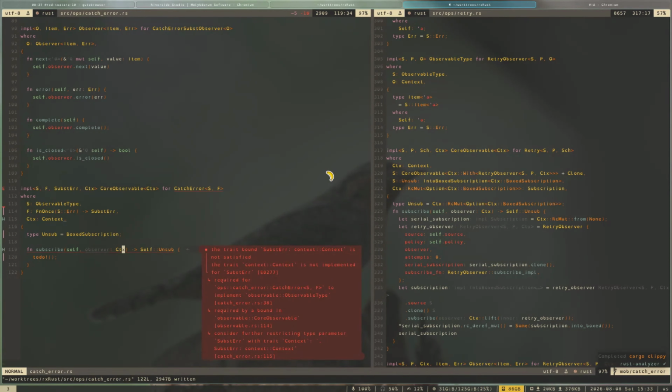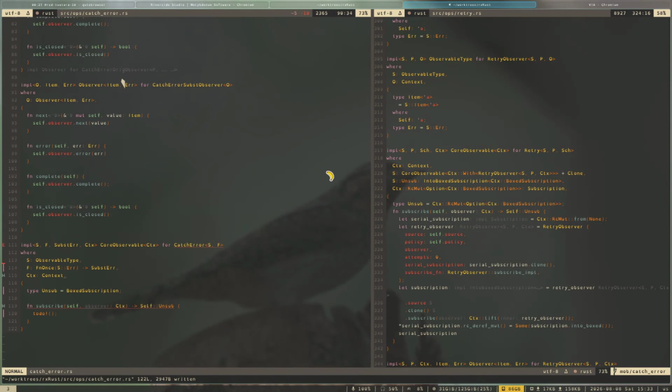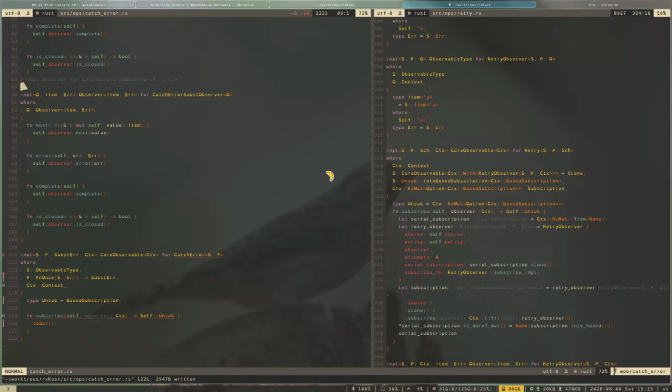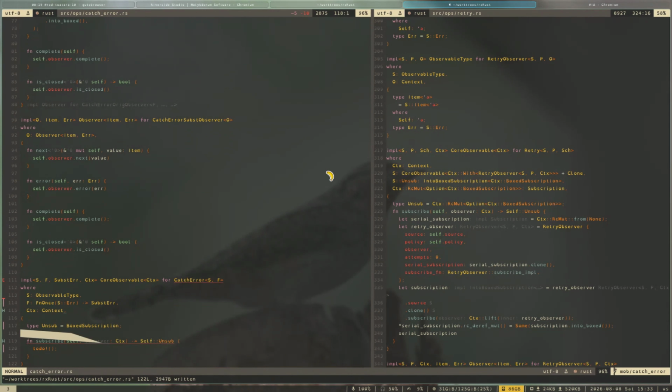Oh, does our unsub also need to be like an RC mute? Because we already have our pointer is an RC mute, right? P deref mute, RC deref mute. These are two different things. Okay. We have like we have in the